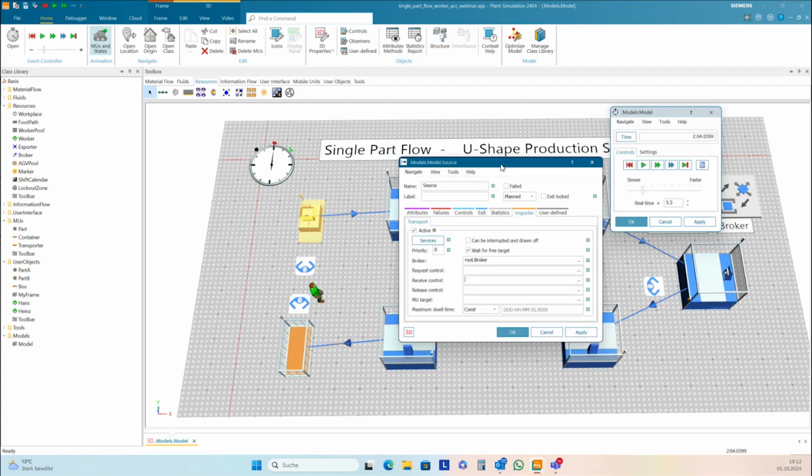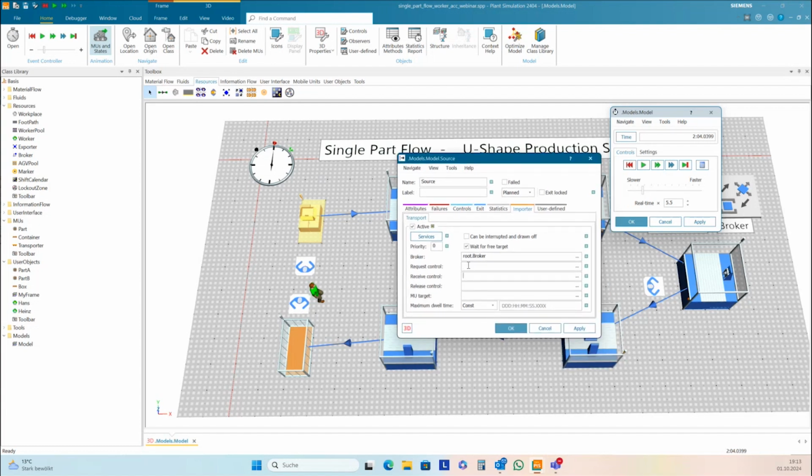But for all these controls in the importer, like the exit control of the stations, if you assign a control here, then you need to program also the default behavior of the worker.